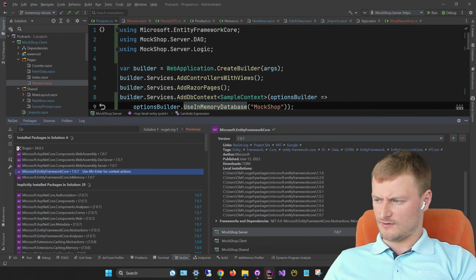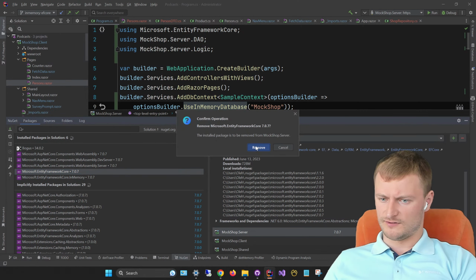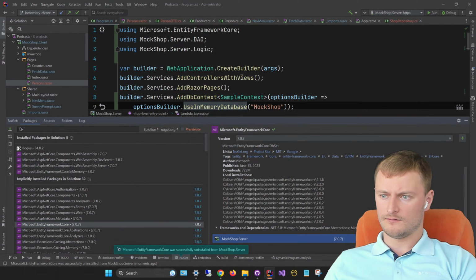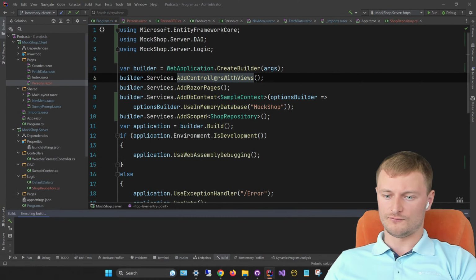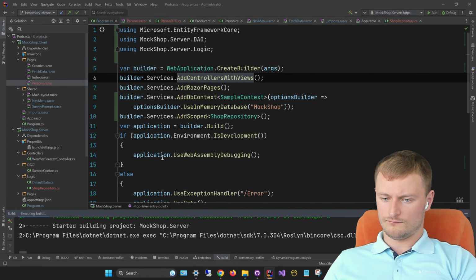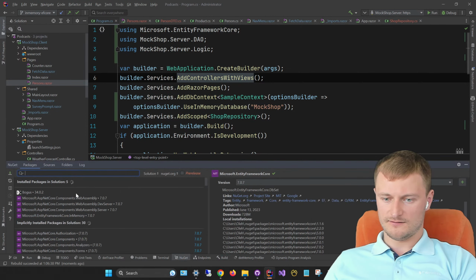So let's try to exclude the Entity Framework Core and let's rebuild it. Try to rebuild. Very strange. Not strange, but that's great, because